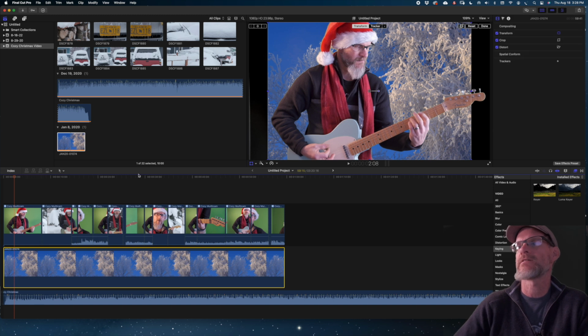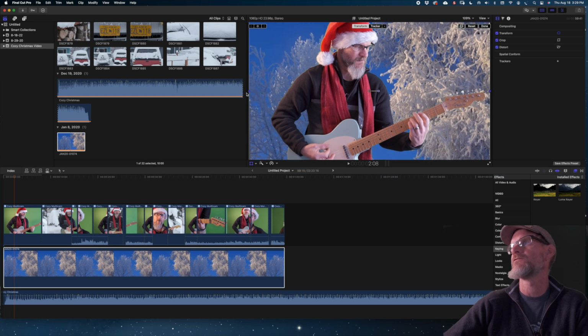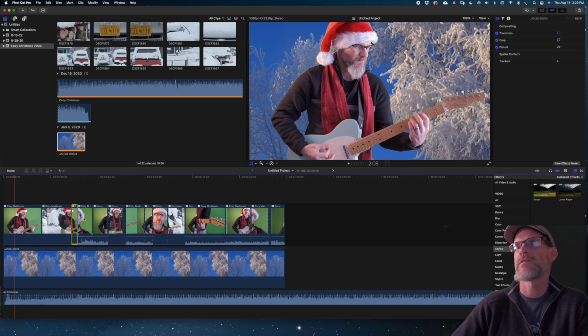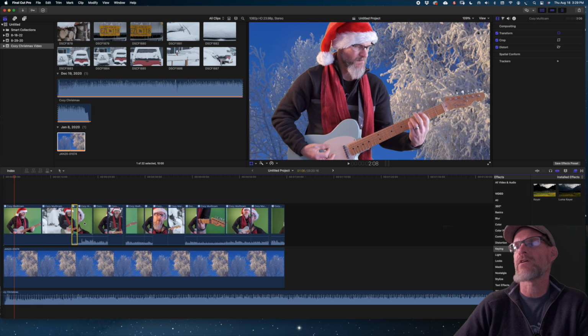So now I can hit this and click transform and just hold shift while I drag that to make it full screen. And the next thing I can do is select this clip where the keying is now applied and hit copy. So Command C, and then go back and select all of the other green screen clips in the project